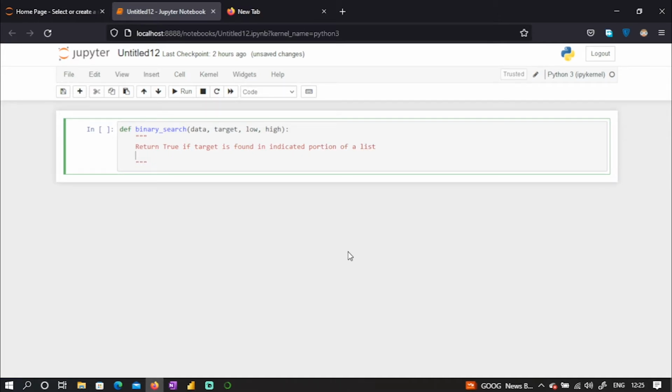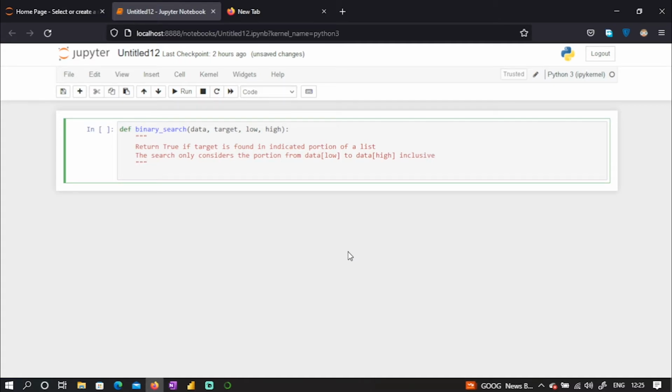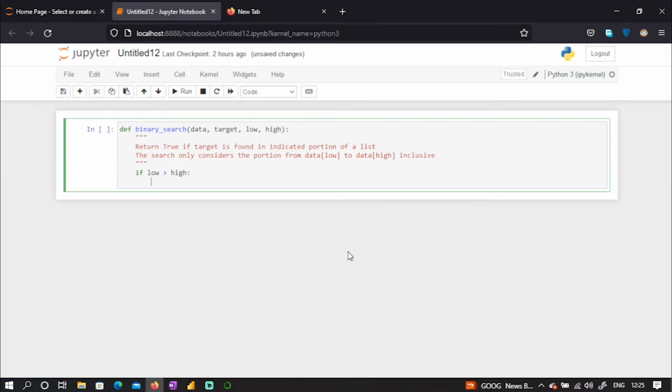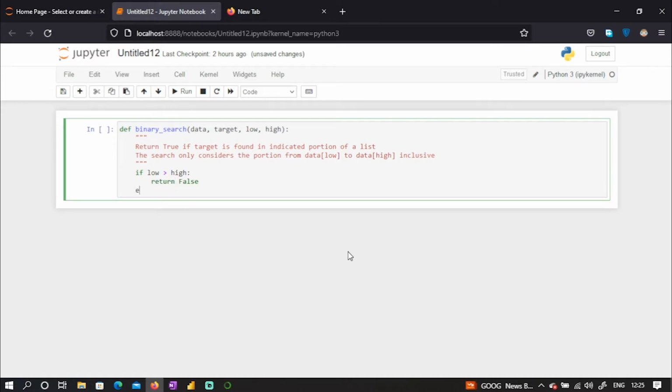And the second one is the search only considers the portion from data low to data high, and this is inclusive. Okay, so now let us write our conditions. So if low is greater than high, we will return false. Okay, or otherwise